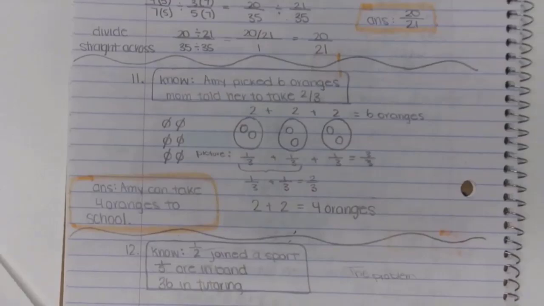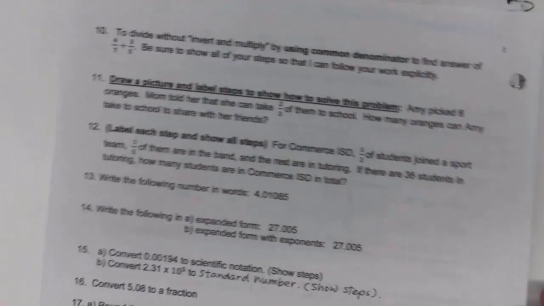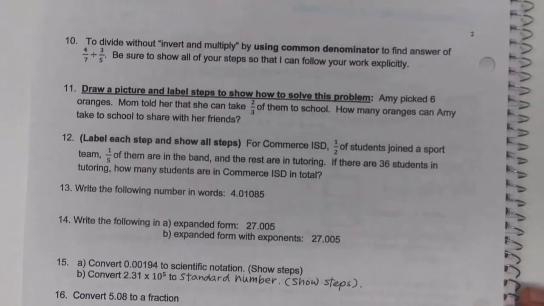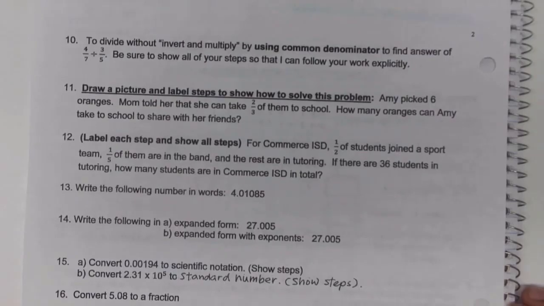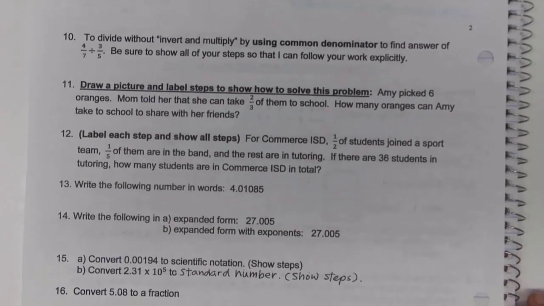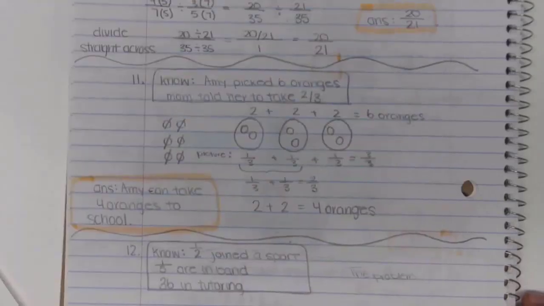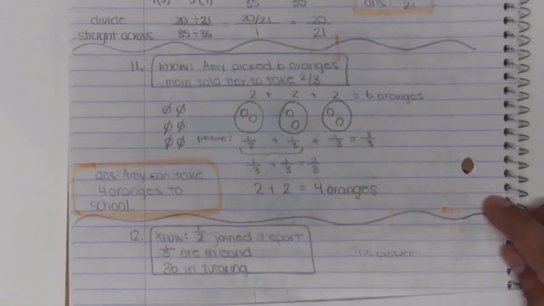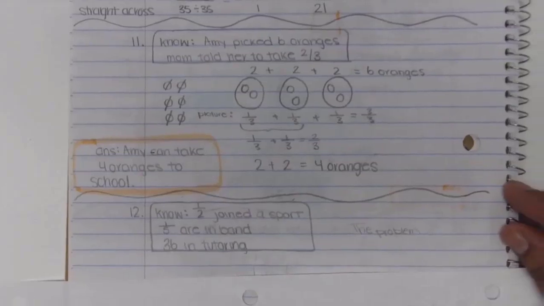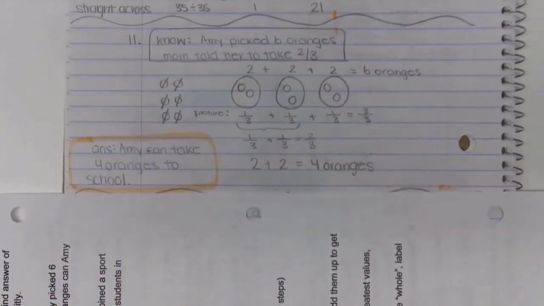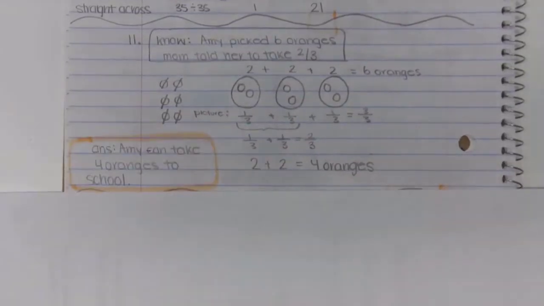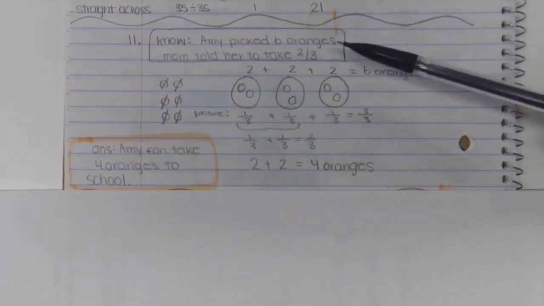What's the question? Do they want to show the question? The question is: Amy picked 6 oranges. Mom told her that she can take 2/3 of them to school. How many oranges can Amy take to school to share with her friends? So I started by writing what I know, which was Amy picked 6 oranges and her mom told her to take